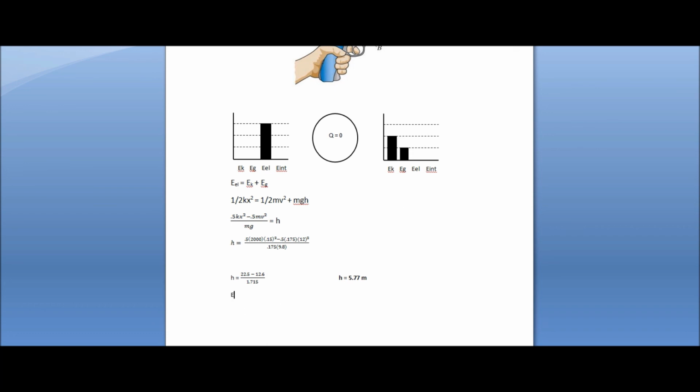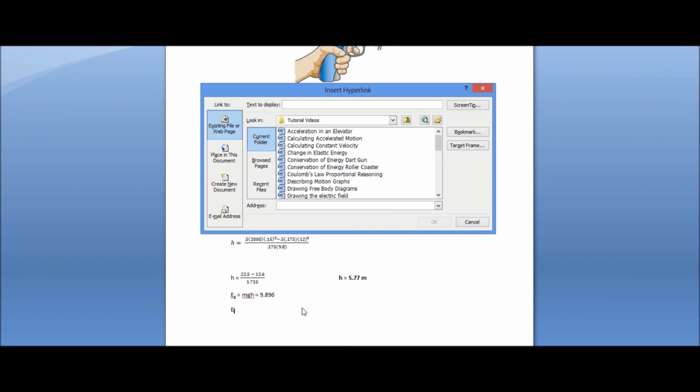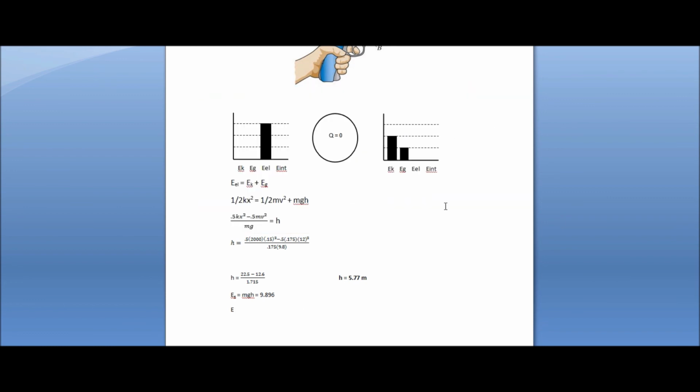So EG is equal to mgh, which is, I'll just do all this on a calculator in one shot, 0.175 times 9.8 times 5.77, and I'm going to get 9.896, 5 repeating. All right, and EK is equal to 0.5